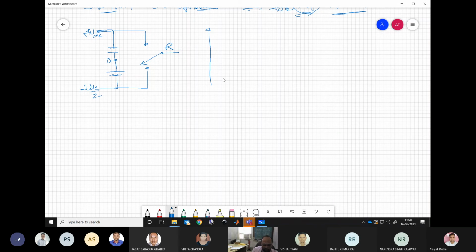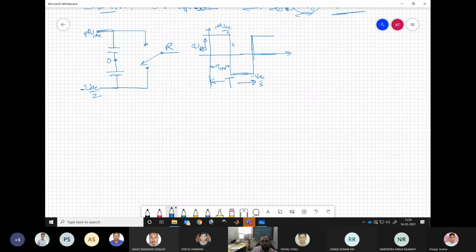Now we have seen that our pole voltage can be something like, okay, let me draw a little more. So let's say we have one switching cycle, where we are turning on and off for a time period T. This is our instantaneous pole voltage VRO. Now this duration is, let's say, T on. So this is our plus VDC by 2 value. This is our minus VDC by 2 value.